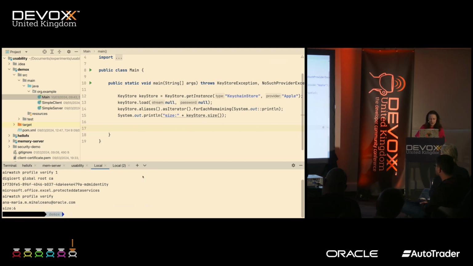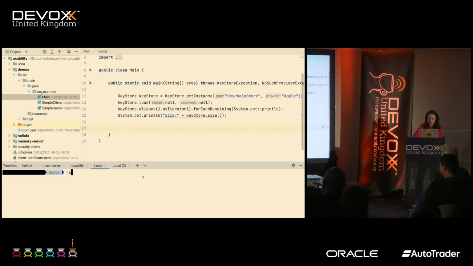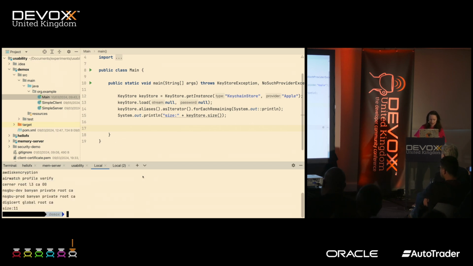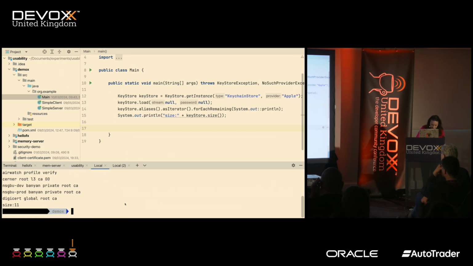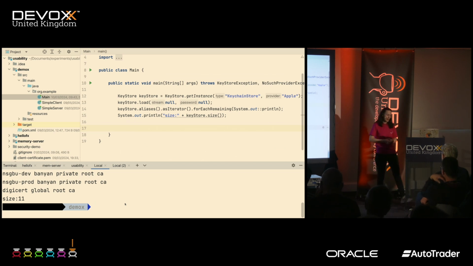This tells me that I have access to 6 certificates in the keychain store, right? Let's clear this. Let's change to Java 21. Run it again. Now I get the answer, so let me make this a little bigger. The size is actually 11. So that's the change that happened with the access to the underlying certificates in my key store.